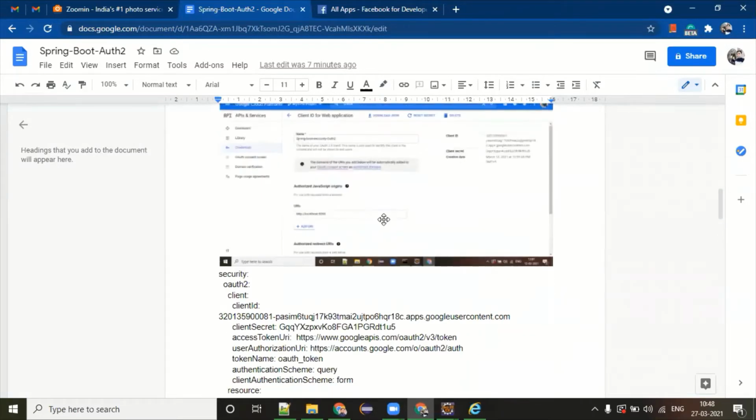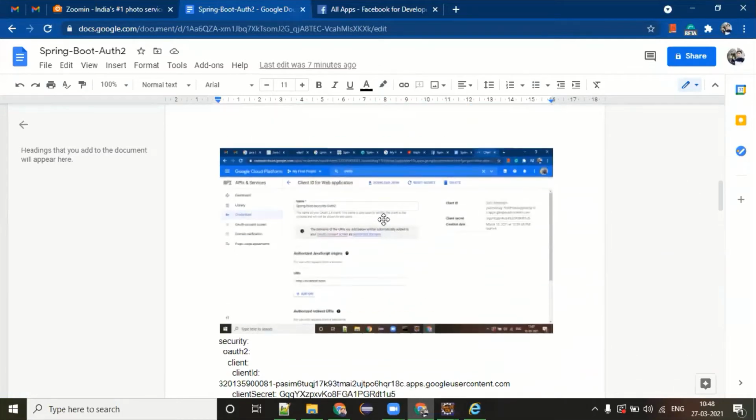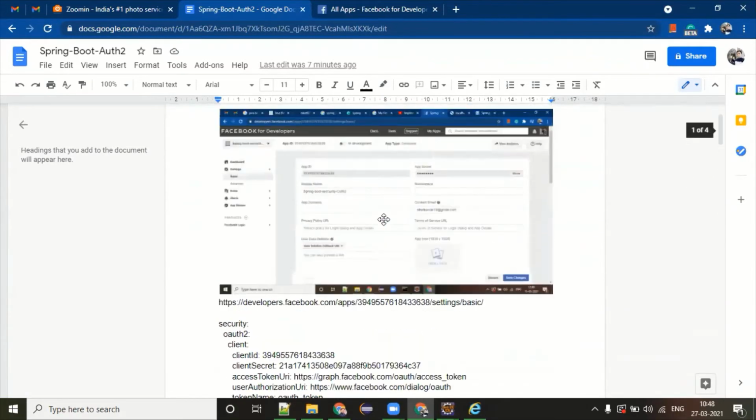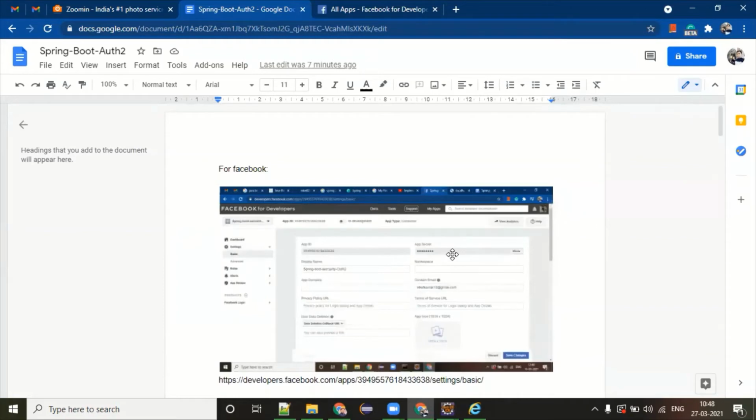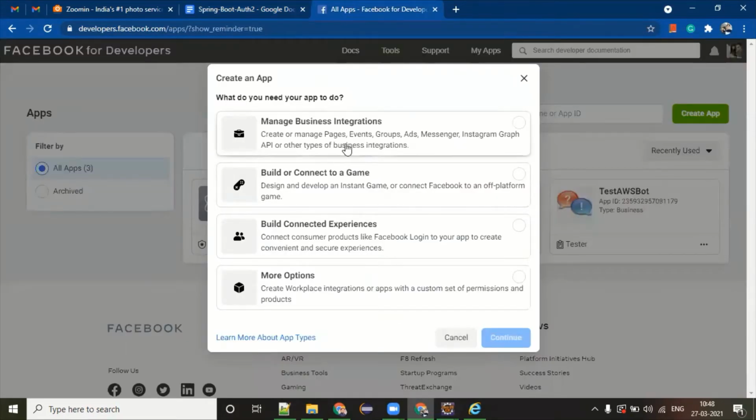Okay, if you look at this, this is for Google, this is for Facebook. So manage business integration through Graph API, through the business intelligence, build connected experience. I think this is the one.